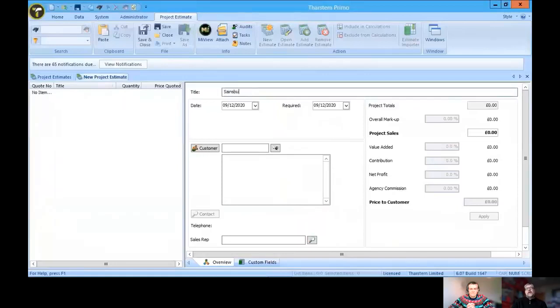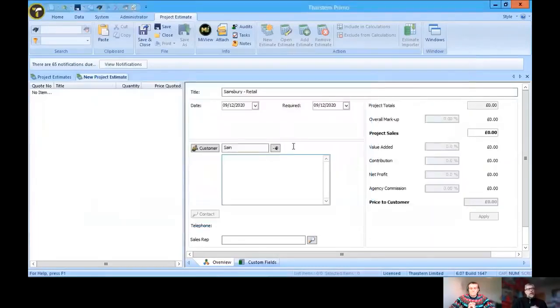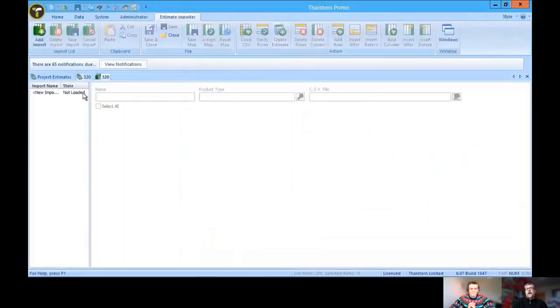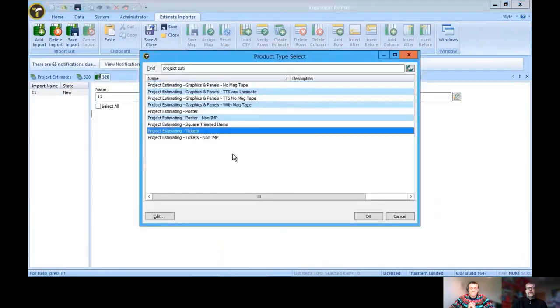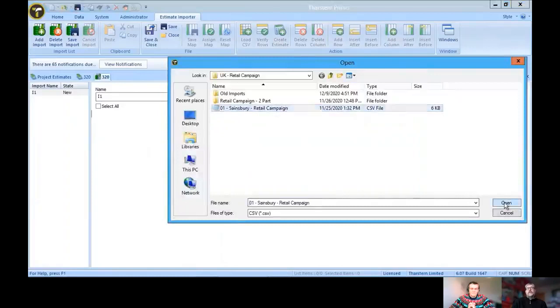So I'm creating a project here for a Sainsbury's retail campaign. And we obviously link this to Sainsbury's. We can see that this calls up the Sage integration to identify the credit worthiness of them. And what we're able to do is save this project. But more importantly, what we can do is we can add estimates, particularly if they're non-rectangular, or if they're just flat sheet ones, we can import a CSV file based upon a Tharstern estimate product type, as you can see, a ticketing one here. And what I'm referencing that campaign,